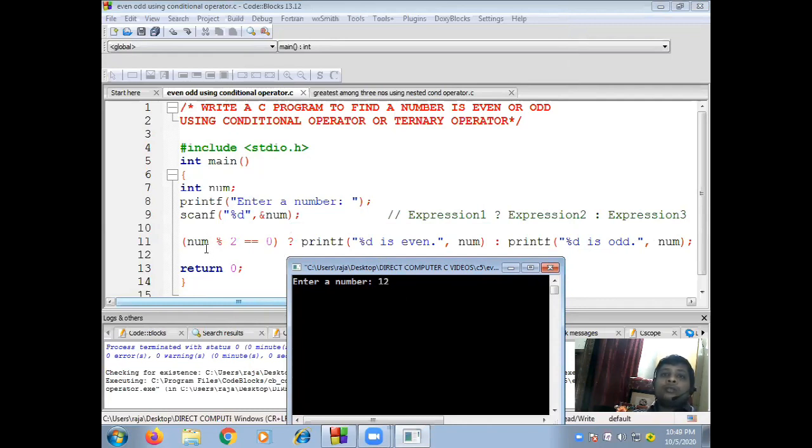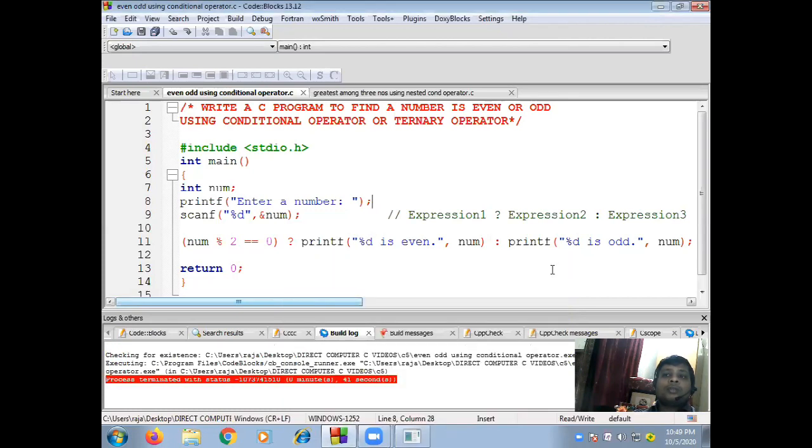Now see 12 modular division by 2 equal to 0. This condition is true. Clear? So it will go to after question mark part, true part. It will print what? %d is even, comma number. So 12 is even. Now see the output, whether it is printing or not. Yes, it is coming. 12 is even.